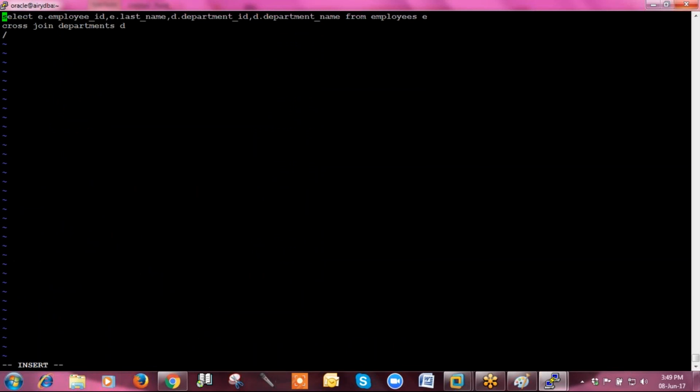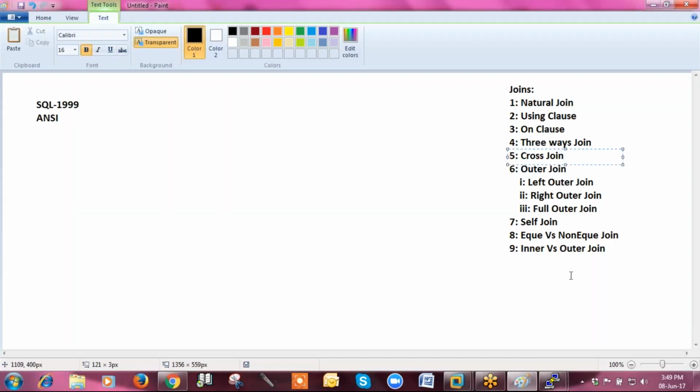So what is the difference between inner and outer join? All those joins that display the matching value are called inner join, and those that display the matching as well as the unmatched value are called outer join. Means in outer joins, all the rows of both tables will be present, on the basis of joining.